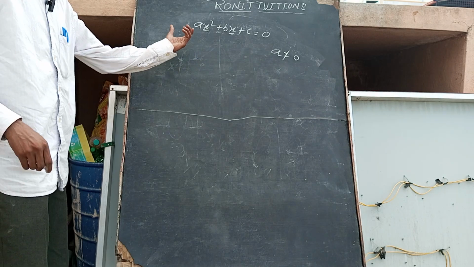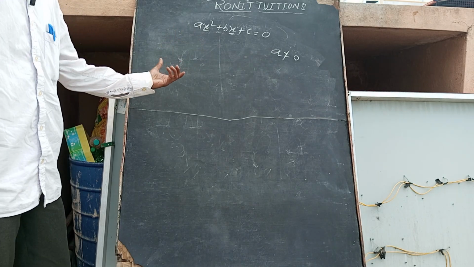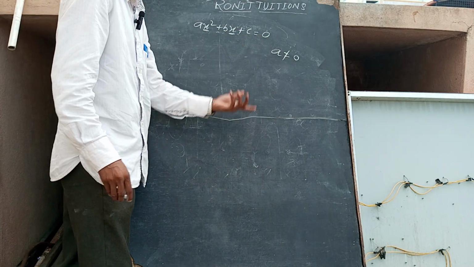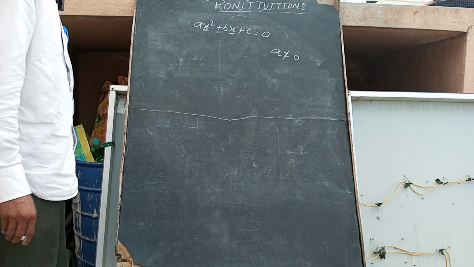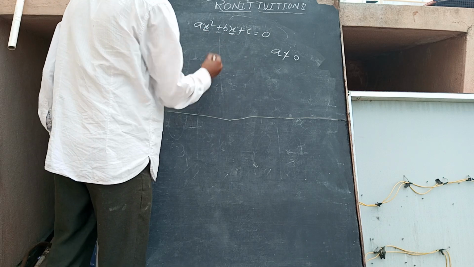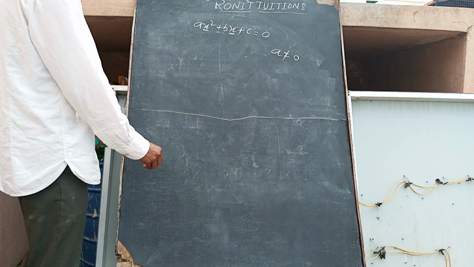Then only it can become the quadratic polynomial or quadratic equation. Equal to 0, then we are calling it an equation. Equal not kept 0, then it is called simply the polynomial. But to find the relationship and the zeros, it is given that